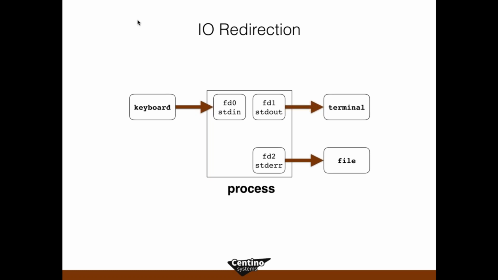So in this case, I just took file descriptor 2, which would have written to the terminal normally, and now I have it written into a file, right? And I can go back and investigate that later. And we can also change any of the file descriptors to a different destination. So the standard out, which previously wrote to the terminal by default, I can have that write to a file